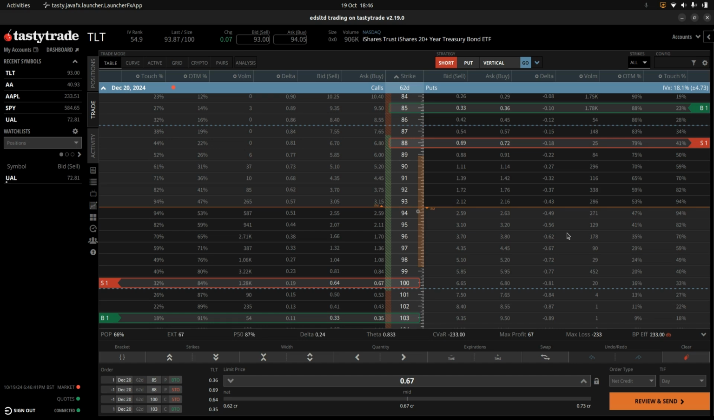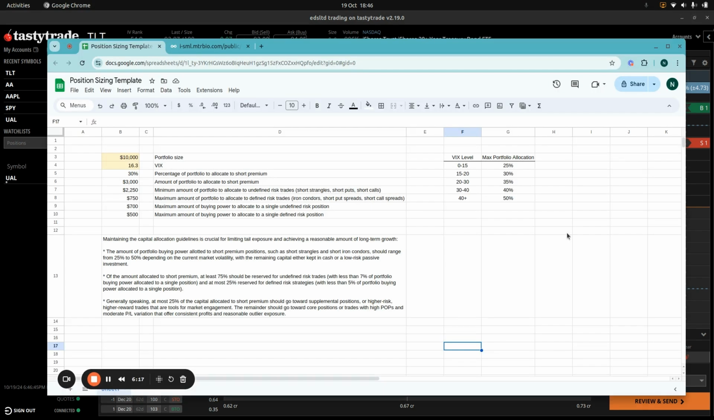You also need to keep in mind the overall size of your position relative to your portfolio. And we've got a position sizing template that's free for everyone to use. The way it works is you enter in the size of your portfolio and you enter in what the current VIX level is, and then everything will be automatically calculated for you thereafter. And at that point, you simply use this information to form the backbone of your portfolio, and long term,